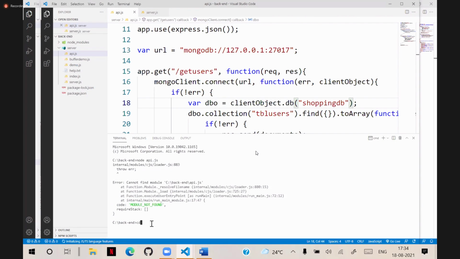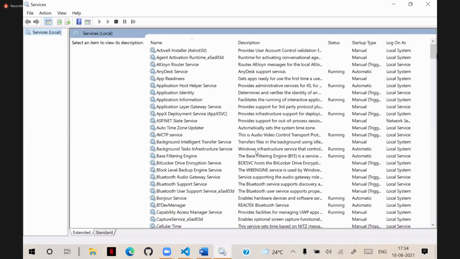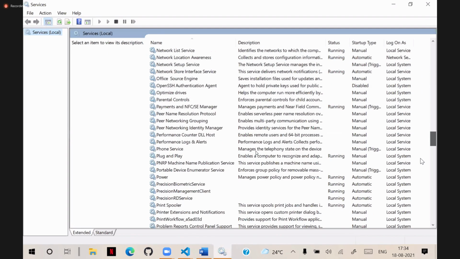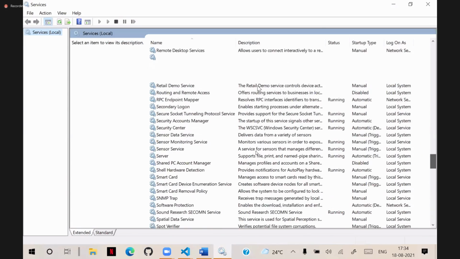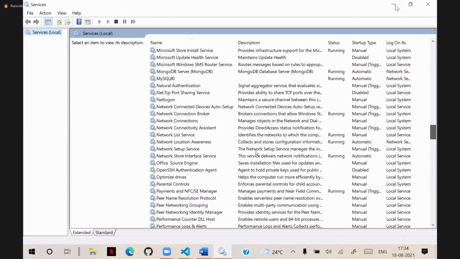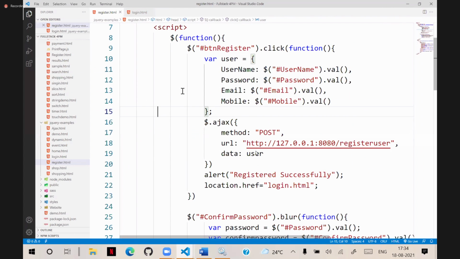CD server. Yeah, node API.js. So the server started. Okay. And our MongoDB is running fine. Okay. Now let's open the registration form.